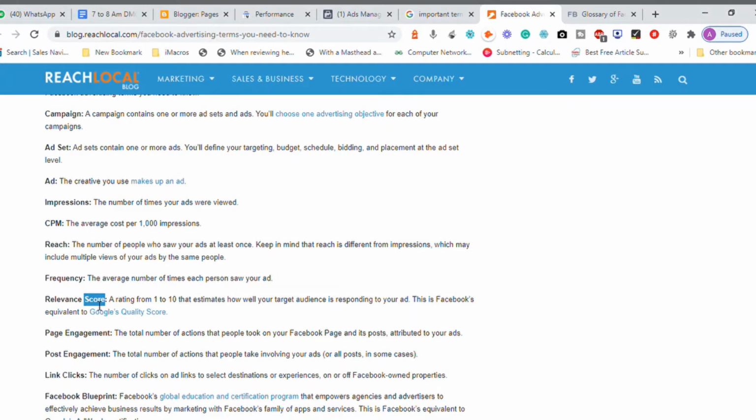Facebook has a score from approximately 1 to 10. It identifies how your target audience is responding to your ad. Once you run your advertisement, people respond to your ad. They need to come and reply or do some activity on your advertisement. Based on that activity, Facebook will determine how relevant the content is, ranging from 1 to 10. Then it calculates the relevancy score, and that is added to the quality score. The same process is done in Facebook and Google's advertisements.